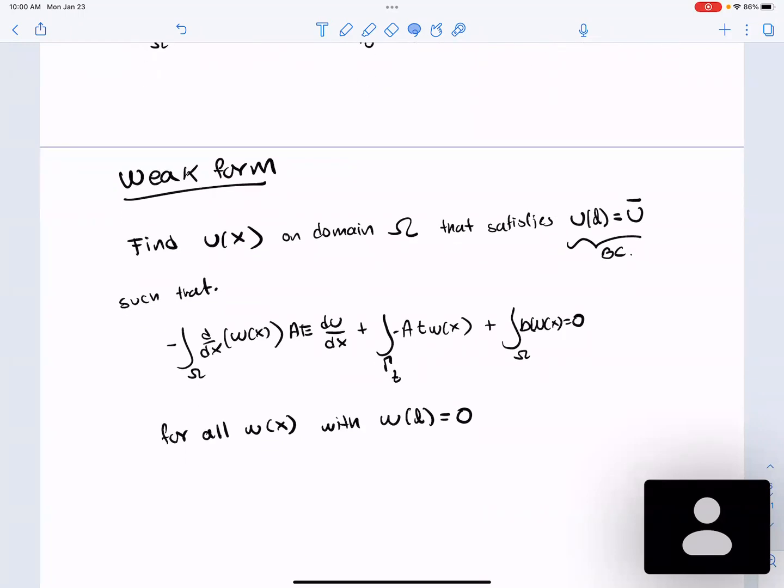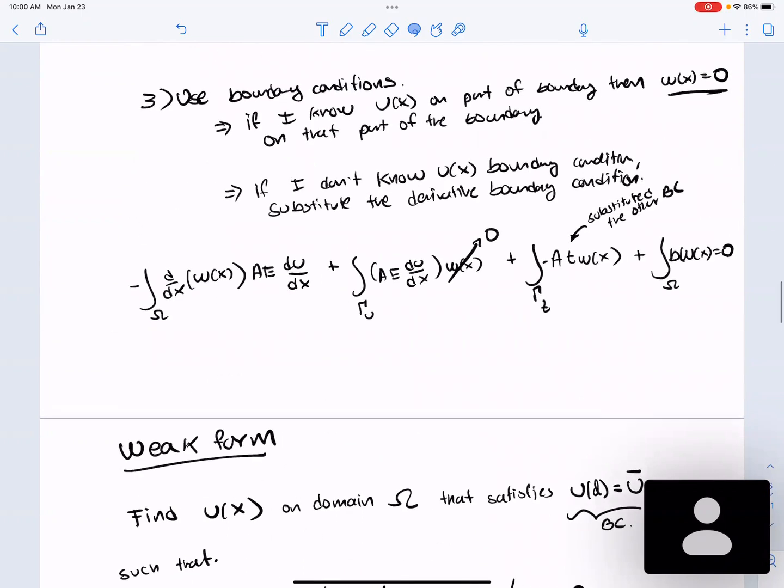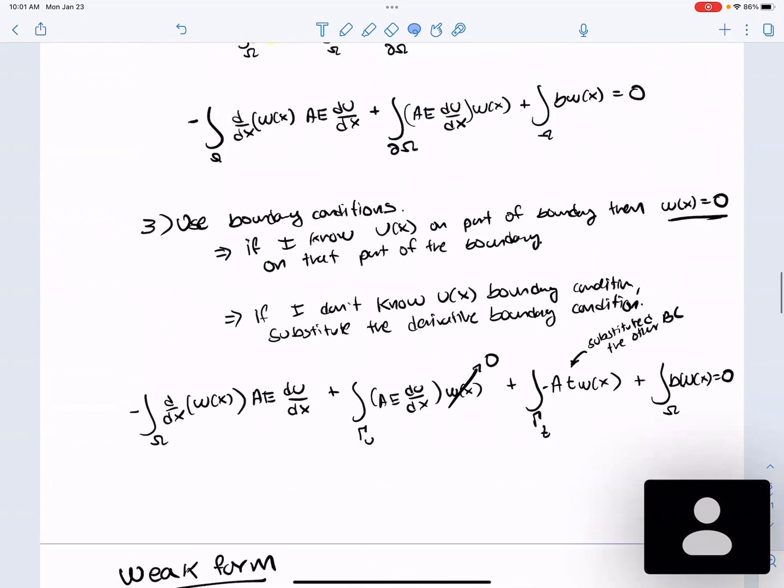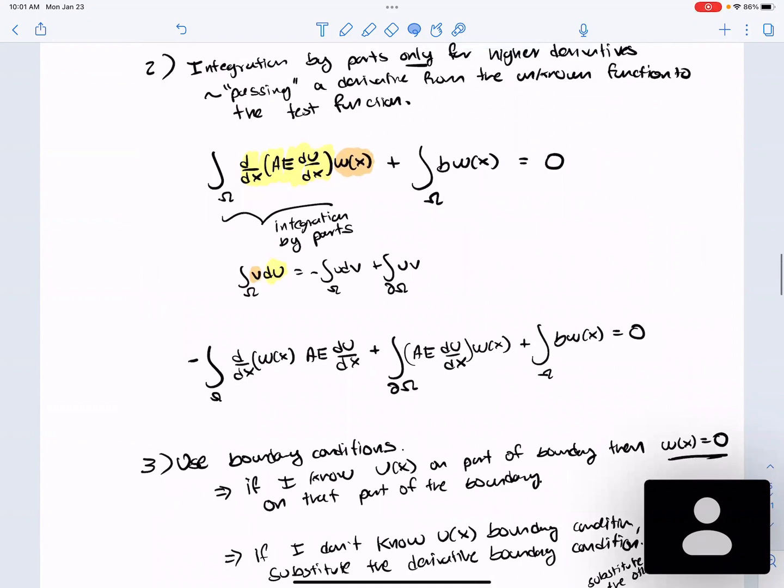Any questions about the process? Yes. For part of the integration, you have over omega and over the boundary, the last thing you have, delta omega. Delta omega is the boundary. So usually